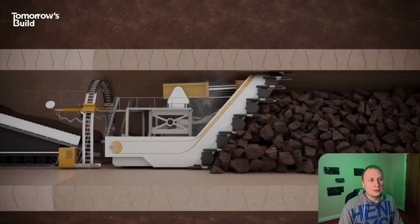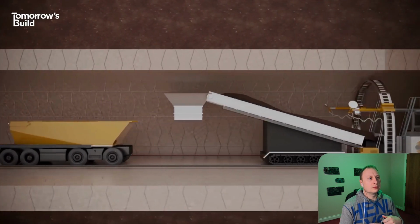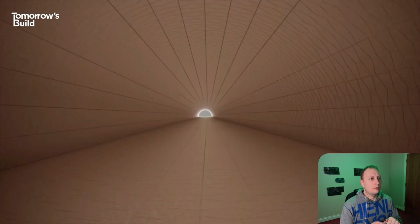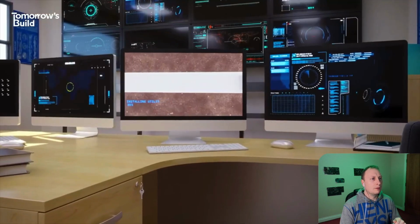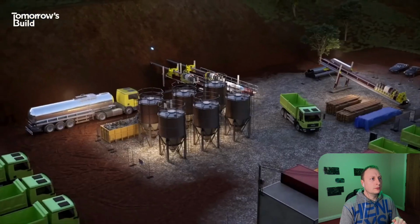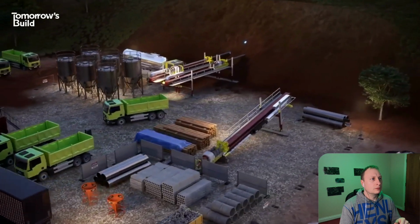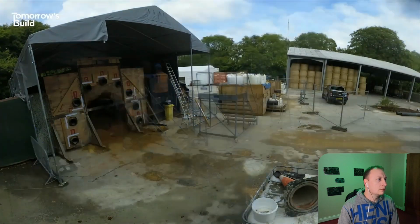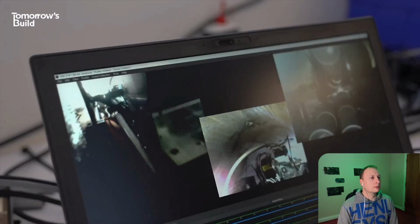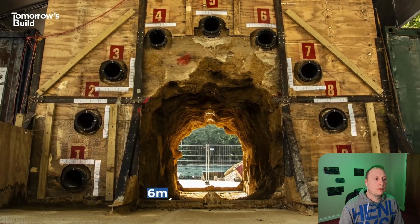By autonomous vehicles, leaving behind a ready-made tunnel. Then, other than a bit of final preparation to the walls and of course the laying of the road or rail line, the tunnel is ready to go, and those bore pipes can even be reused for maintenance. This could enable tunnels to be built up to 10 times faster and at half the cost of conventional methods. In October 2022, HyperTunnel unveiled Peak 15, its first structure built entirely by those robots, constructed at its UK R&D facility. Yes, it was only 6...